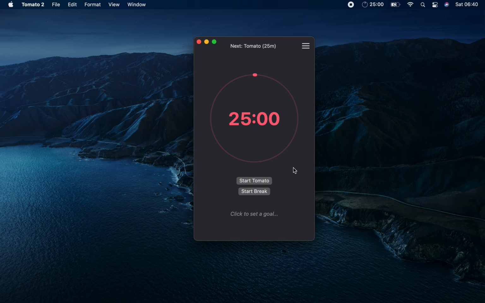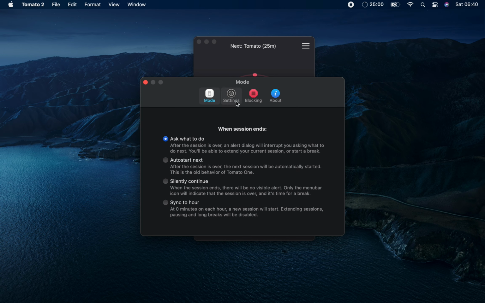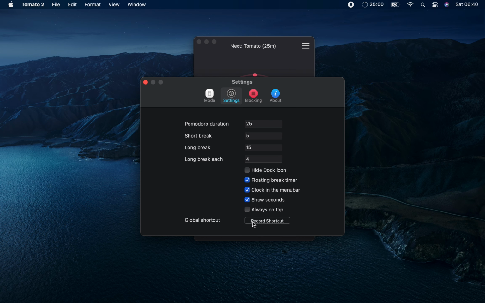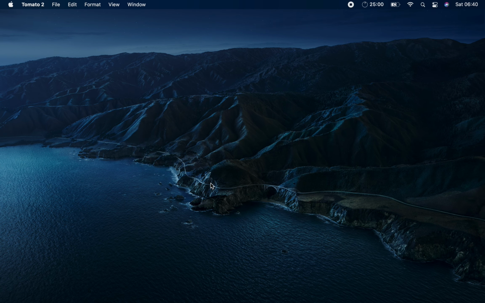So here's just a quick demonstration of some new features in Tomato 2. So first thing I can do is go to my preferences and I can set up a keyboard shortcut. The one I prefer is Command-Shift-=. Now, if I close the app and press this shortcut, it comes up in the menu bar with this nice